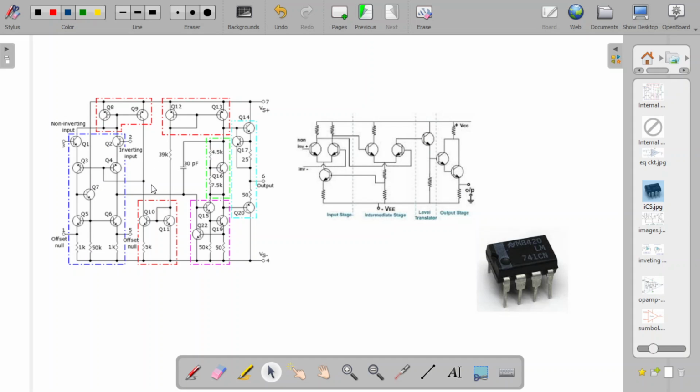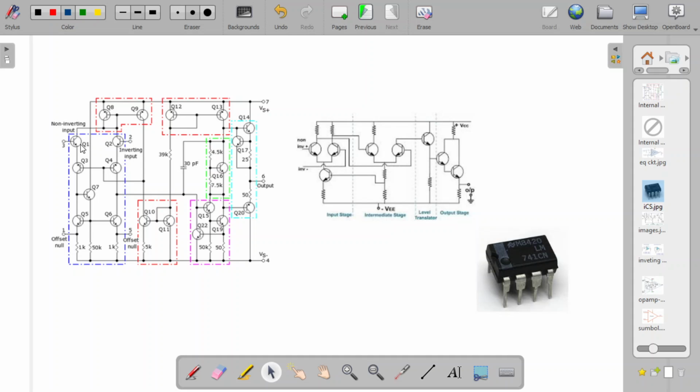I have shown here a very complex circuit diagram which you may find very difficult to understand. But you can see that there are a number of transistors arranged or cascaded one after the other, in series and parallel and all, right? So basically an op-amp contains,